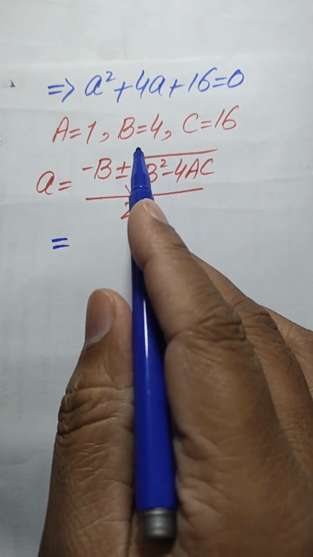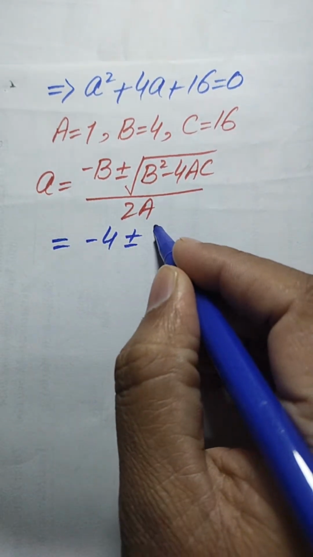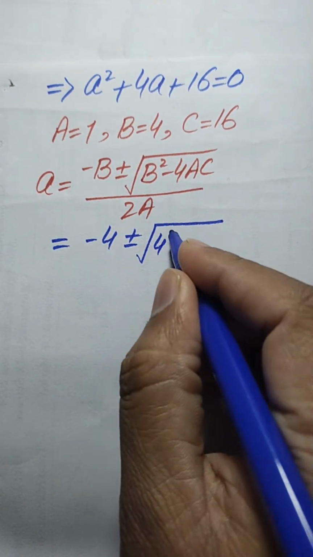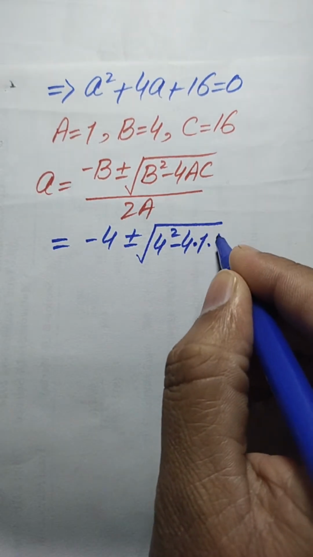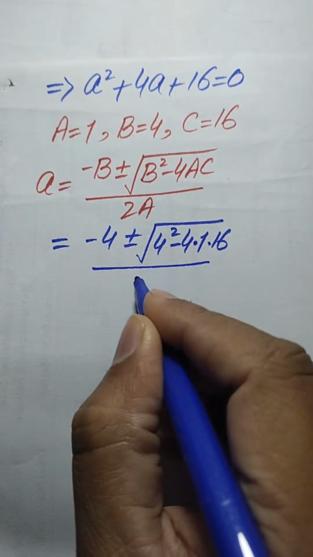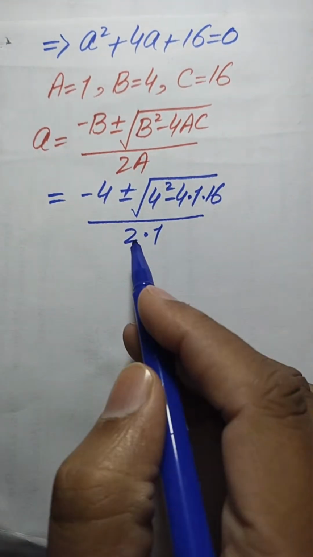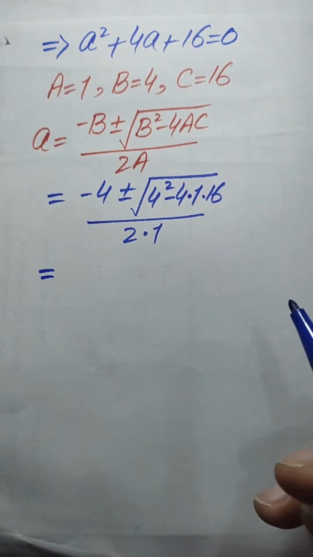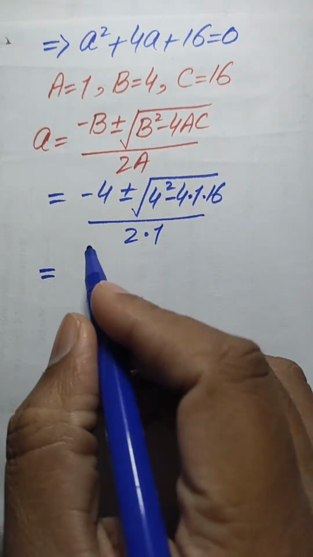The value of b is 4. When we put it here, it becomes minus 4 plus minus square root of b square. B is 4 square, minus 4 times a is 1, c is 16, and it is divided by 2 times a, and here our a is equal to 1. And further in the next step we need more simplifications, and it will be written as